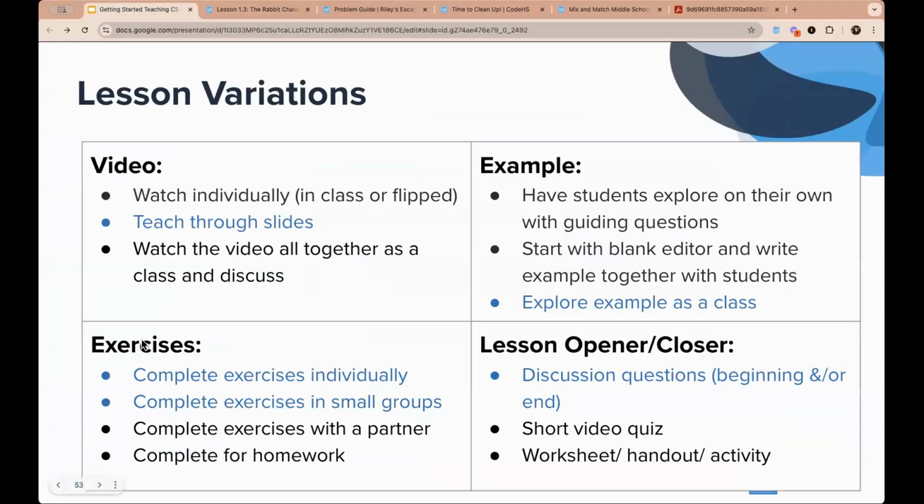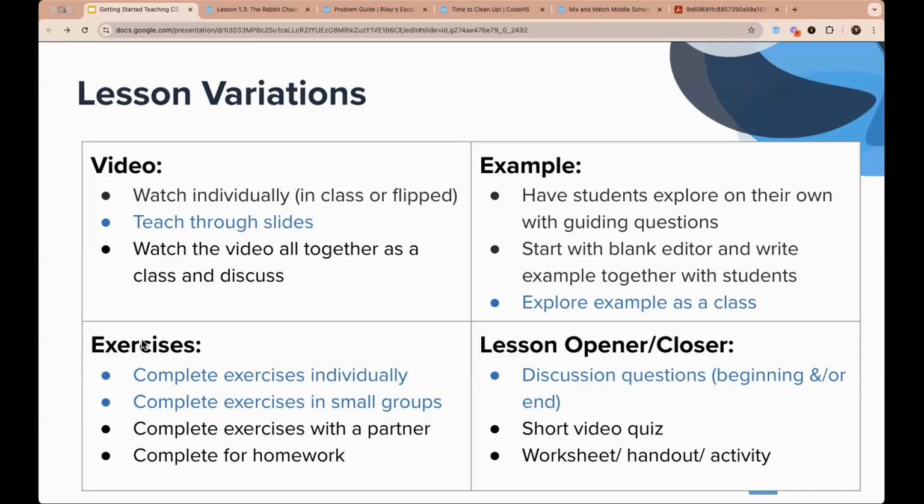Some lesson variations, like I walked you through the slides, we might go through the video. You might have them watch it individually, or you might show the video together as a class. What I did is I showed the video as a class, but I stopped to reinforce. And so, hey, did you guys understand what she just said or he said? And let's talk about this. And I might put some things on the board and have discussions. They're just not watching a video and learning from it.